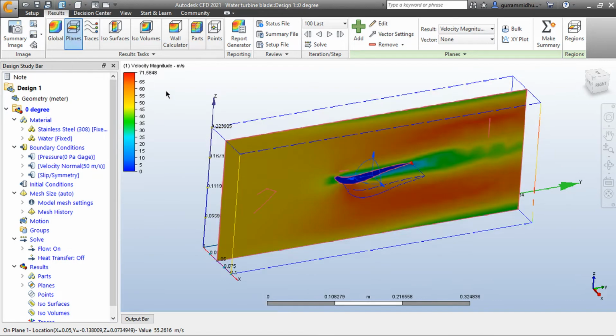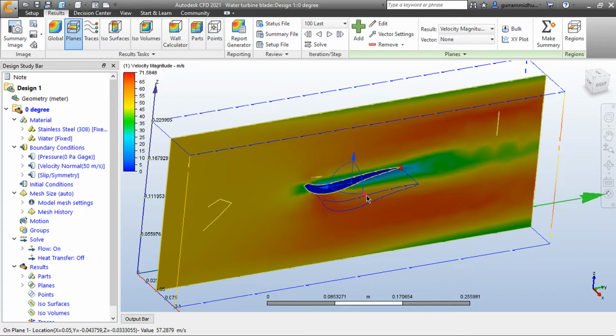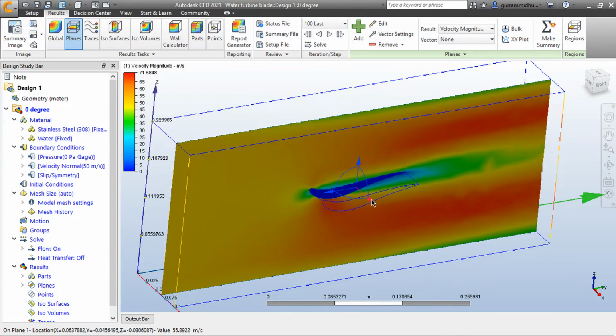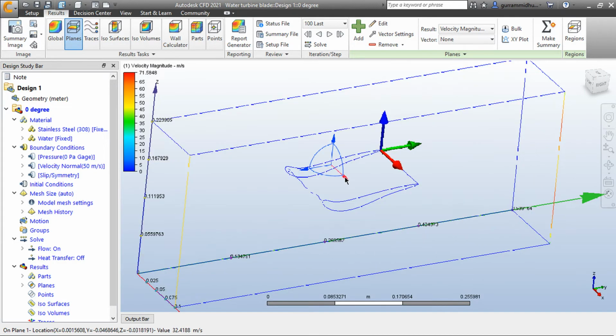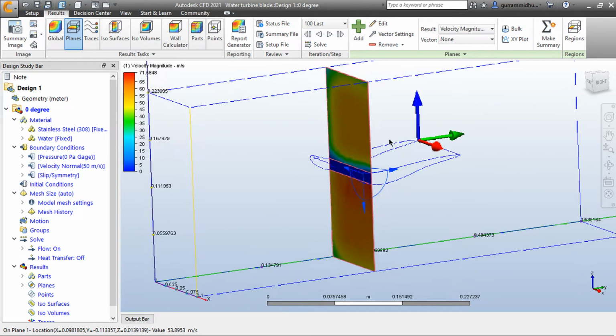In that way you can see the plane in an effective manner. If you select any one of the arrows and move that, the plane moves along that axis. Also, if you click on that plane, you can change the axis of the plane. You can even find the properties such as velocity and pressure at this plane.